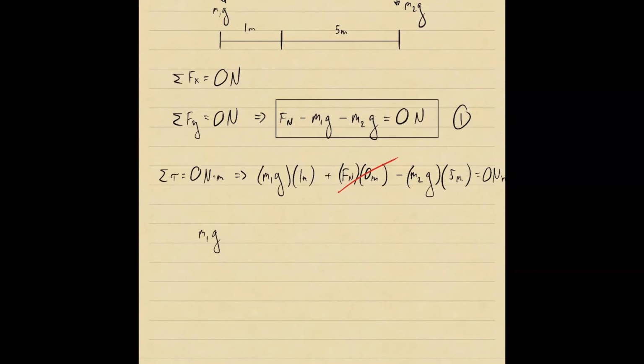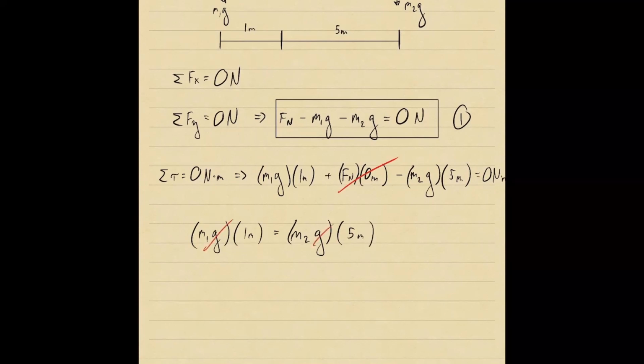And on the other side, if I add this to both sides, we get M2 times G times 5 meters. But the G's cancel out because they're on both sides. And then if I divide both sides by 5 meters, we get that